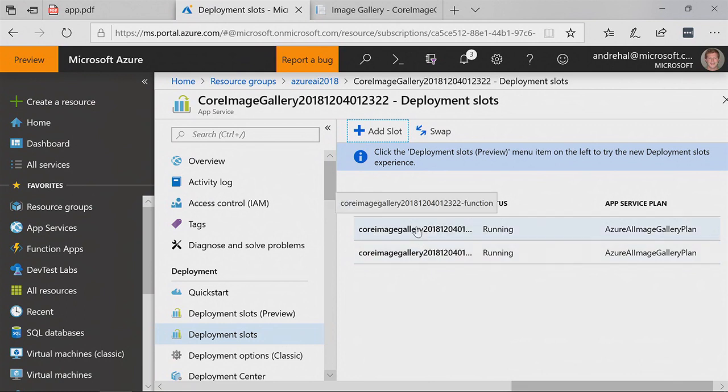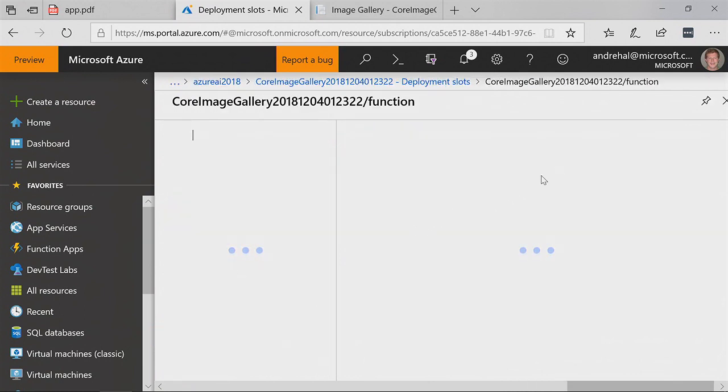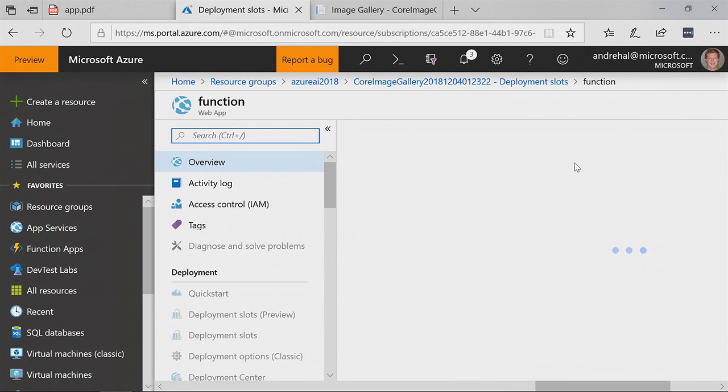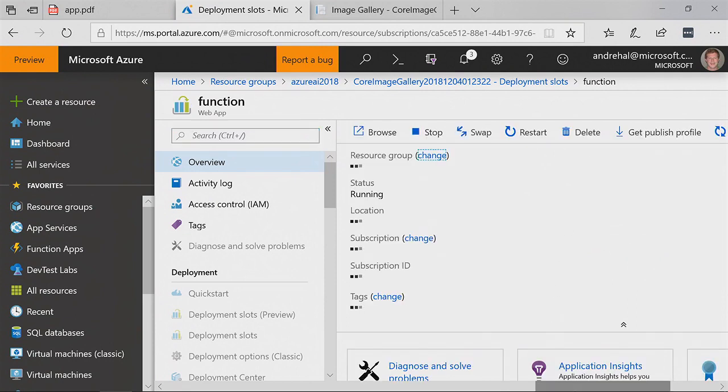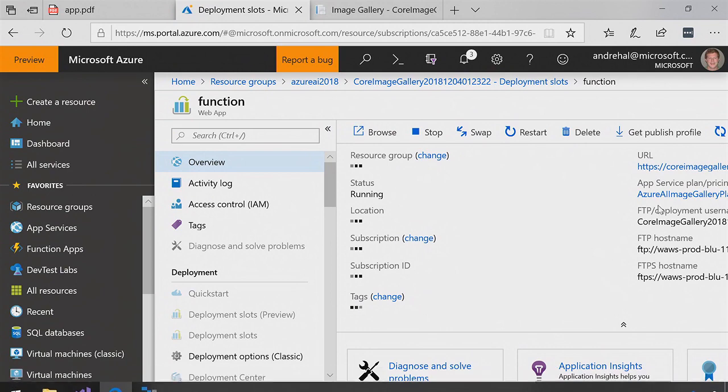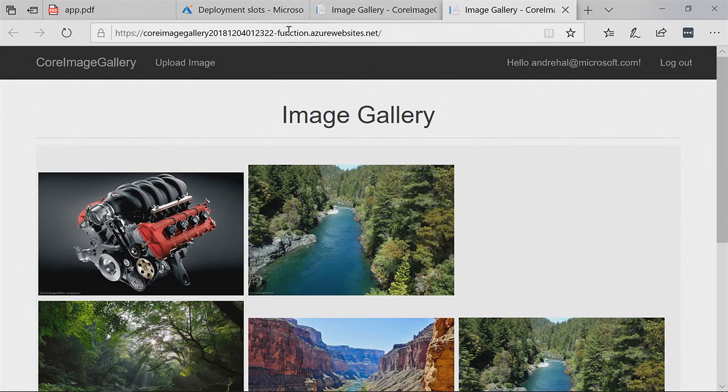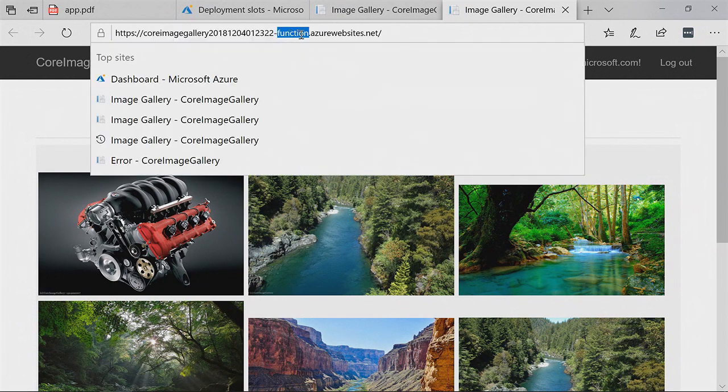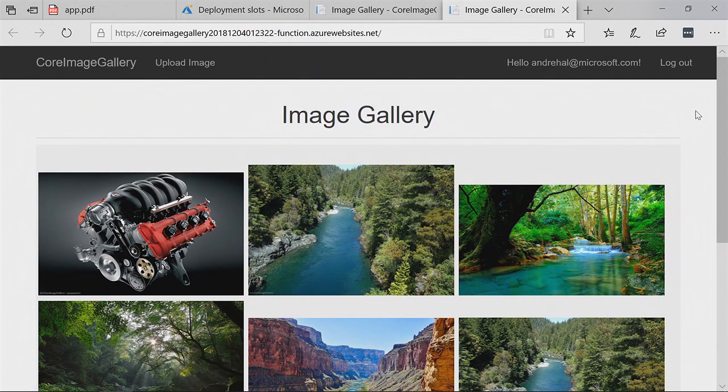So this is Blue. This is function. And this is going to be the function-based implementation we just stood up. Once it loads, I have another URL, and it's going to be exactly the same URL that we had before, except I have the hyphen slot name on the end of it. And this is our function-based implementation, and it looks like it loaded and worked correctly as I would expect. Application Insights is already picking up the data from it because we have it on the site. So Paul could go look at those metrics and check it out.